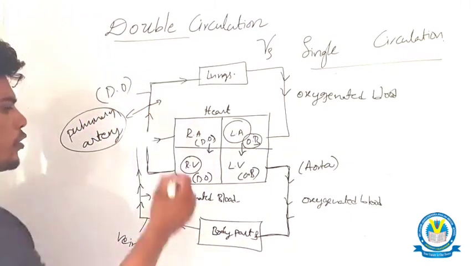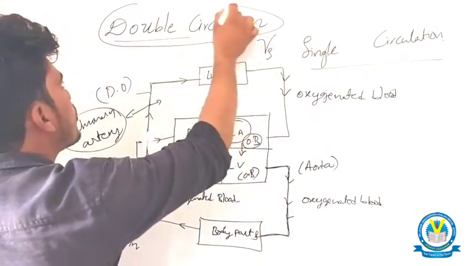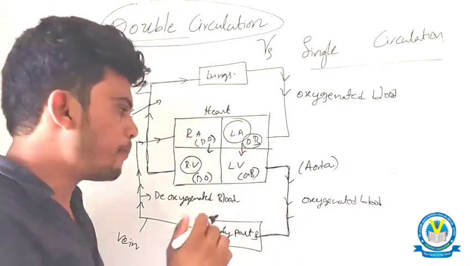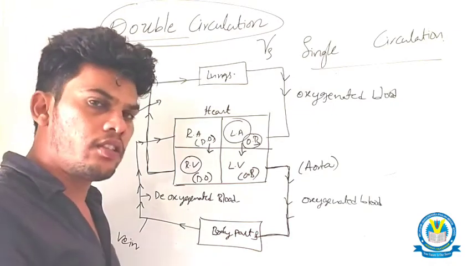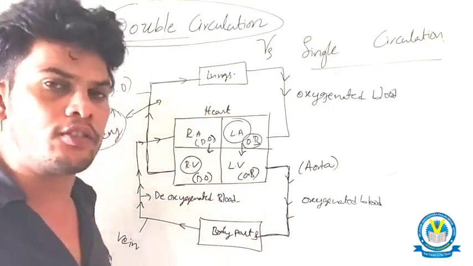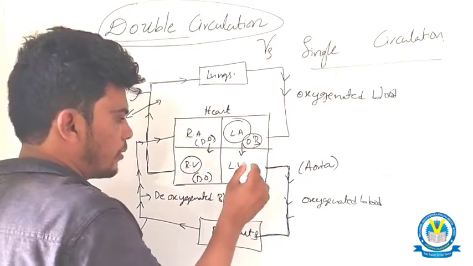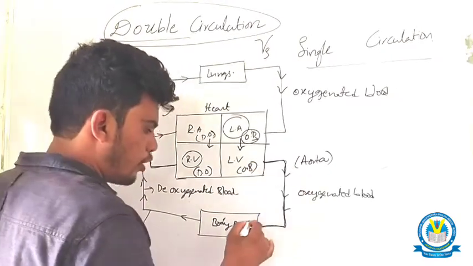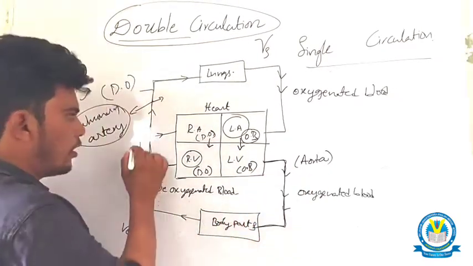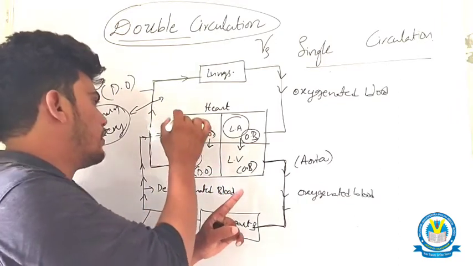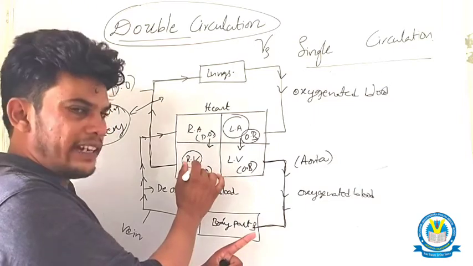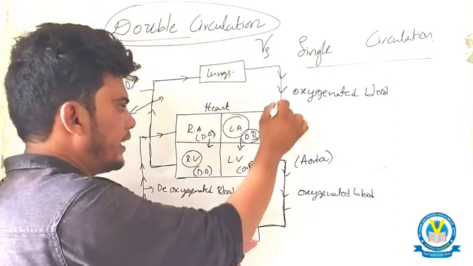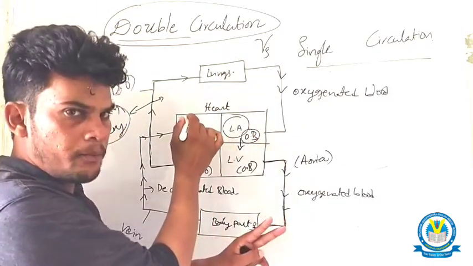But look here, why do we call this system double circulation? If you take any position here and pass through that position, we count how many times the blood flows through the heart. For example, if we start our journey from this place, oxygenated blood flows from the left ventricle to the body parts, then from the body parts to the heart. One time it reaches the heart. Then from the right auricle to the right ventricle, the ventricles contract, and the deoxygenated blood goes to the lungs and from the lungs again to the heart. Two times the blood flows to the heart.